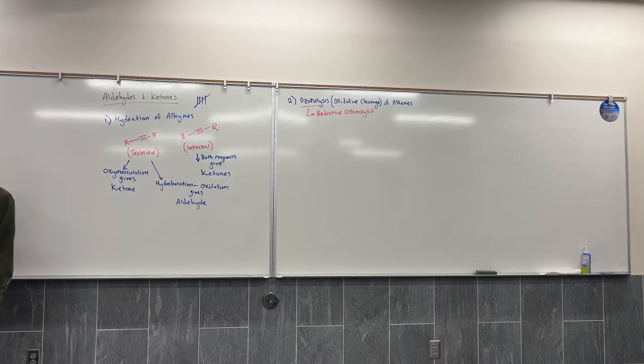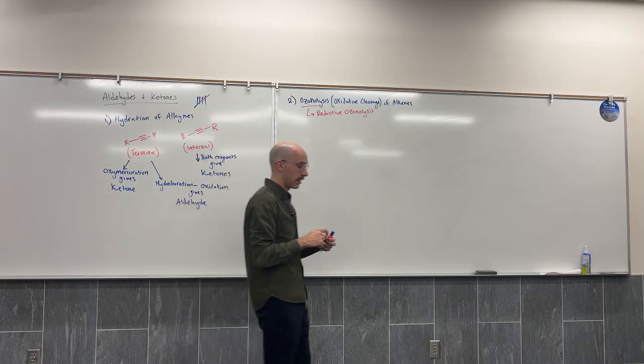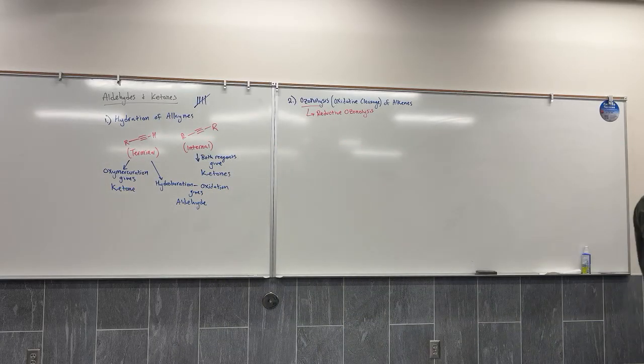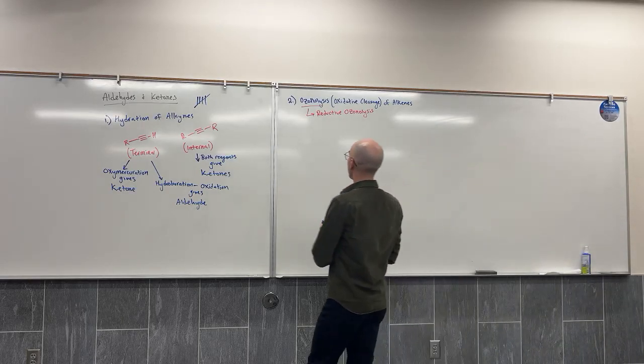Reductive ozonolysis is distinct from oxidative ozonolysis in that your products remain more reduced rather than more oxidized. And as we just mentioned, carboxylic acids are more oxidized than aldehydes, despite both being primary carbons, so we need reductive ozonolysis here. Our reducing agents